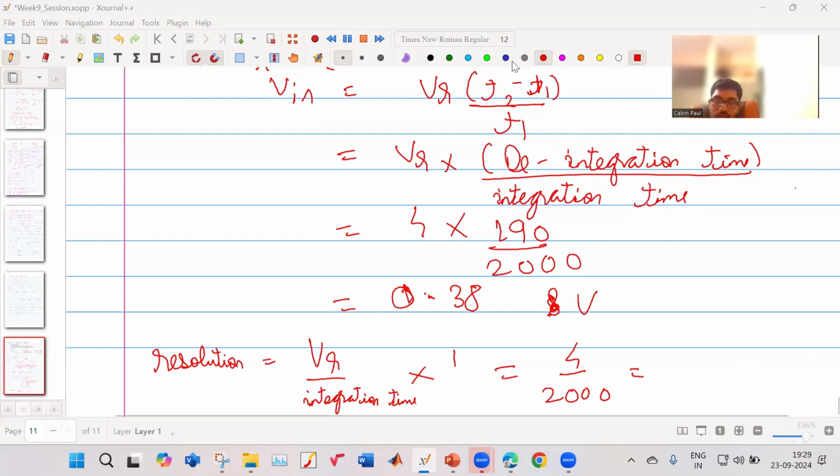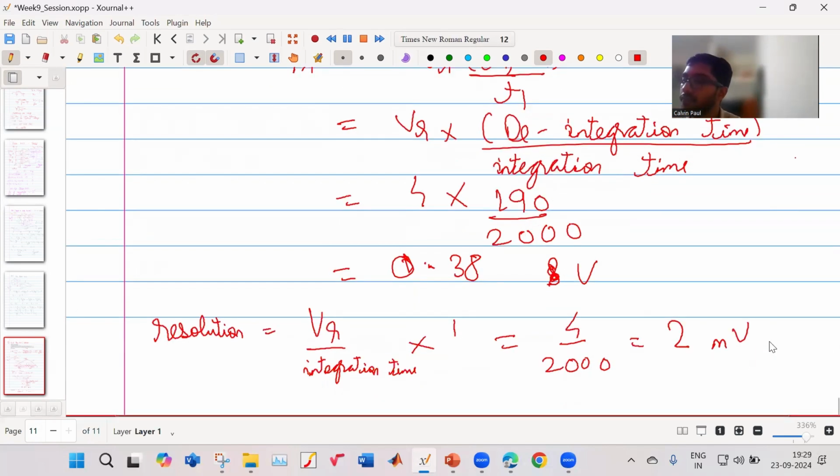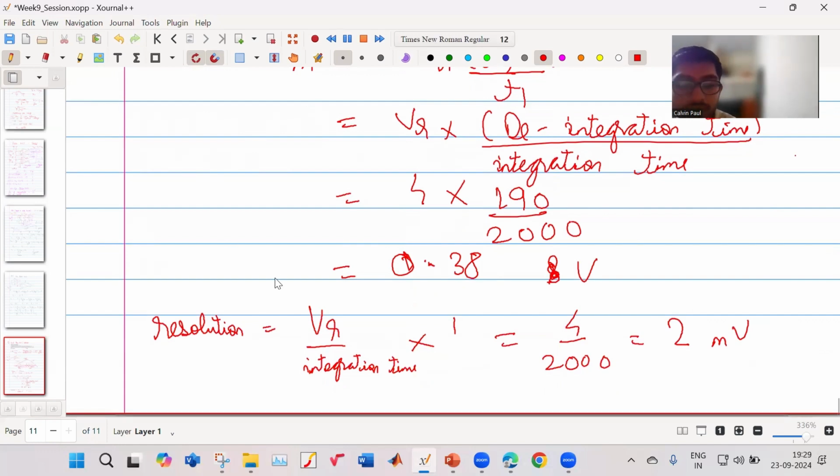Millivolt, correct. That is why it is equal to 2 millivolt. Okay. Then